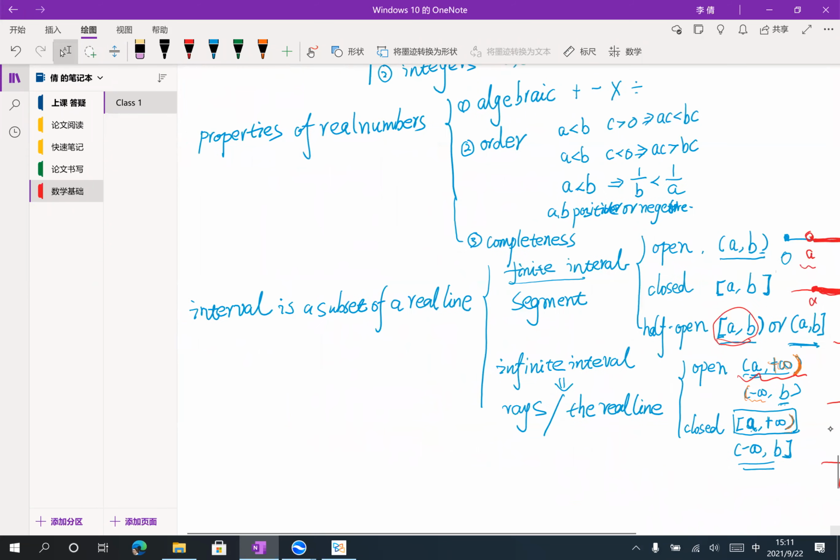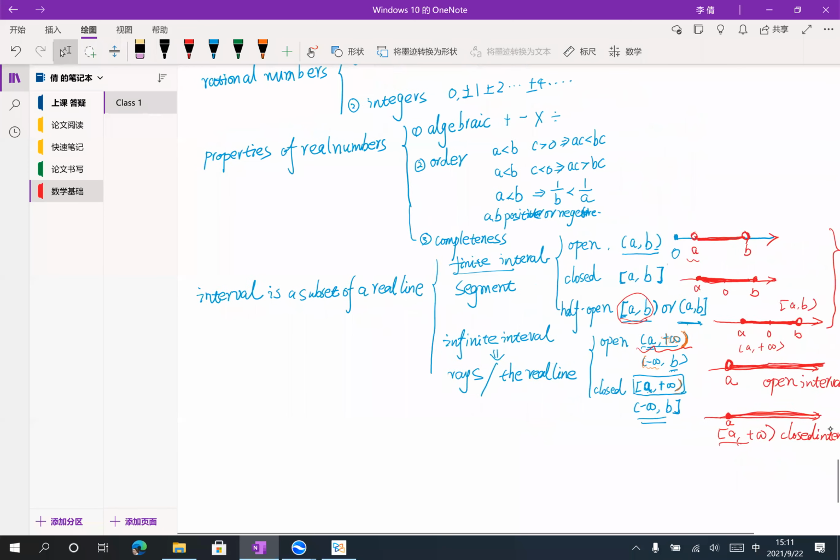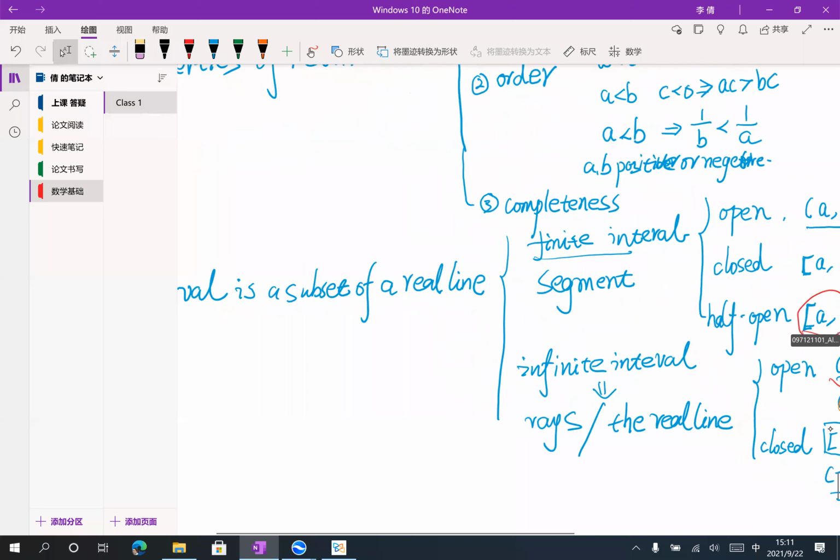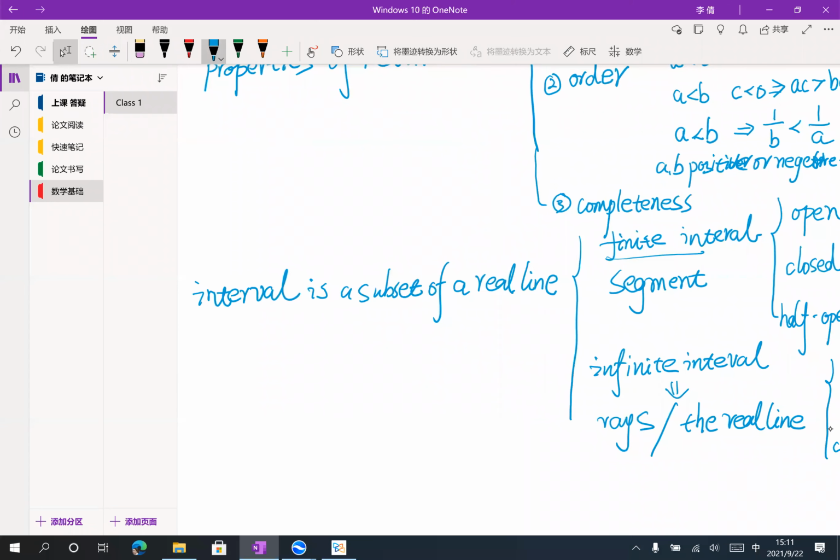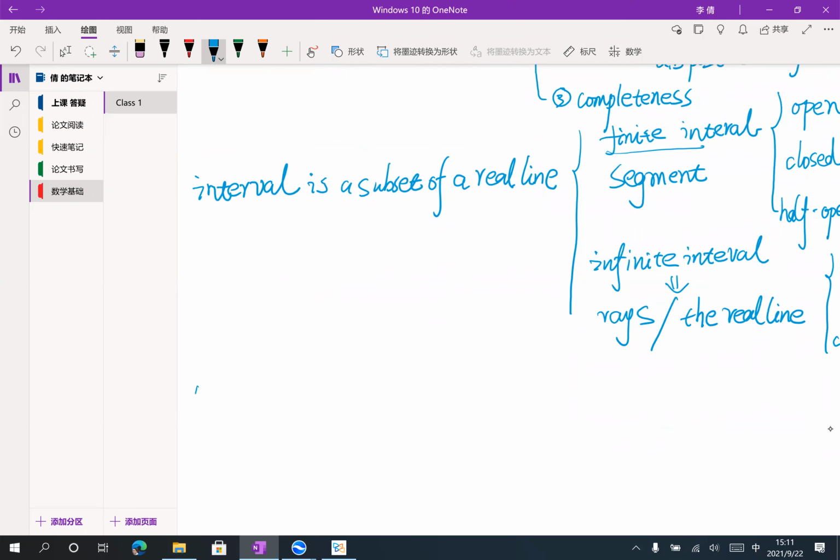And then, after we studied intervals, can you remember what we studied next? We studied how to